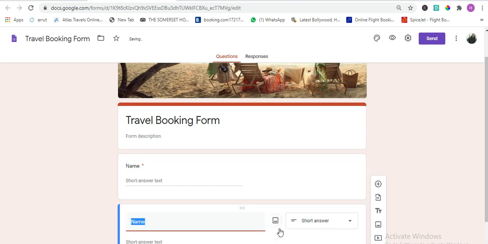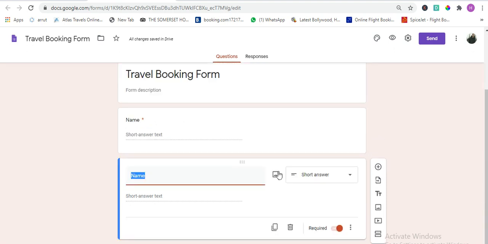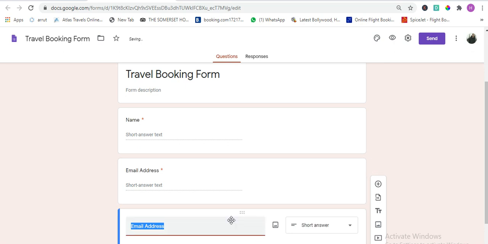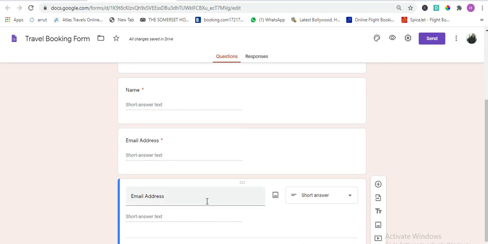Question number 2 would be email address, and then question number 3 would be their contact number.